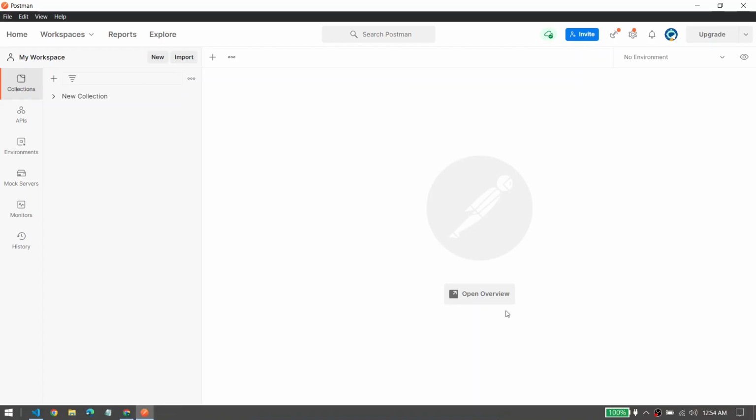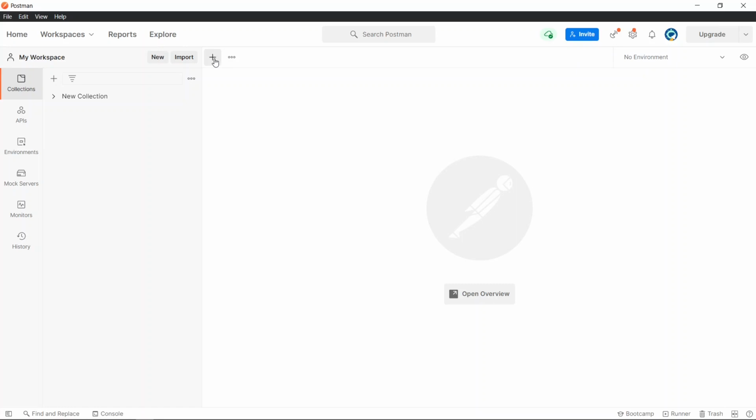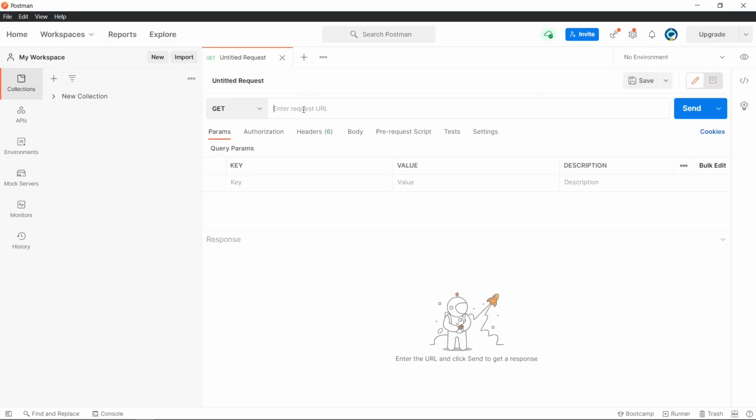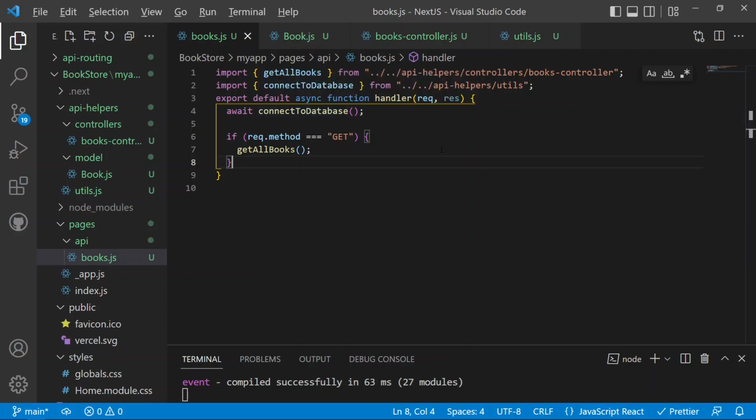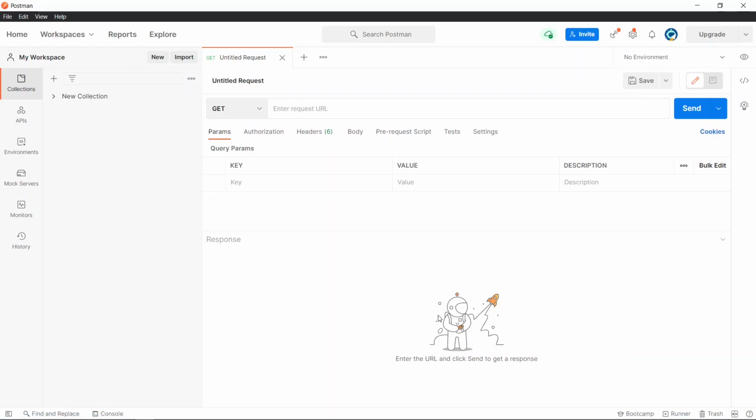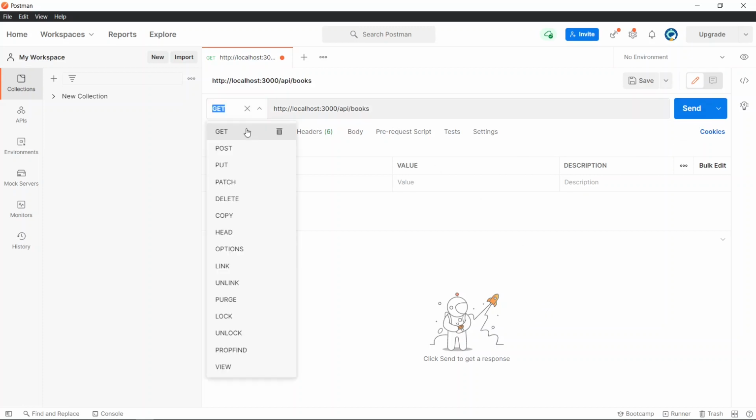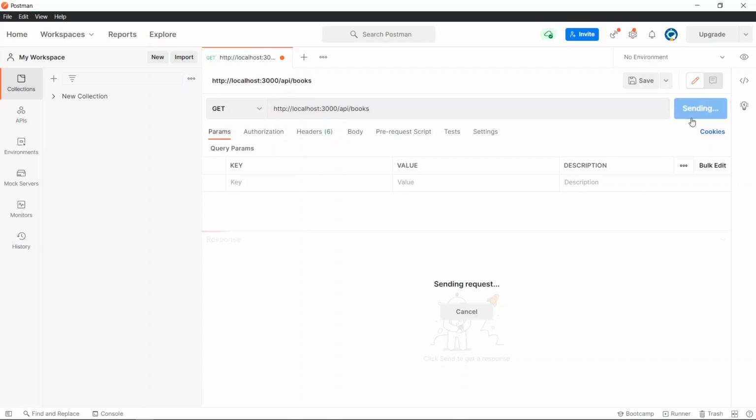So this is the screen of Postman, and now we need to click on this plus icon. It will create a tab, and now we need to enter the URL of the server here. Our application is running on localhost at 3000/api/books. So we need to specify the URL. It can be http://localhost:3000/api/books. Now if we click on send, make sure the method is equal to GET; you can select any method there as well. So the method is GET, and we are sending to localhost:3000/api/books. If we now click on send,